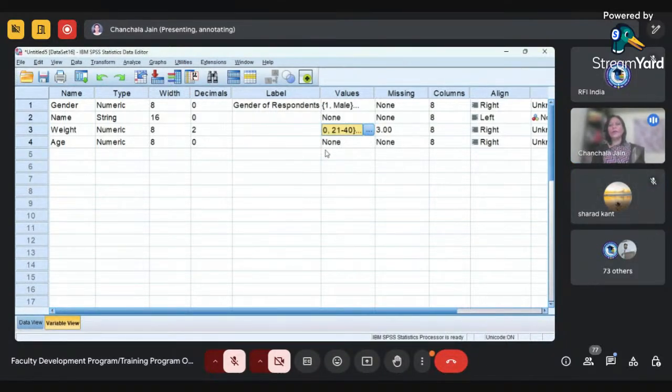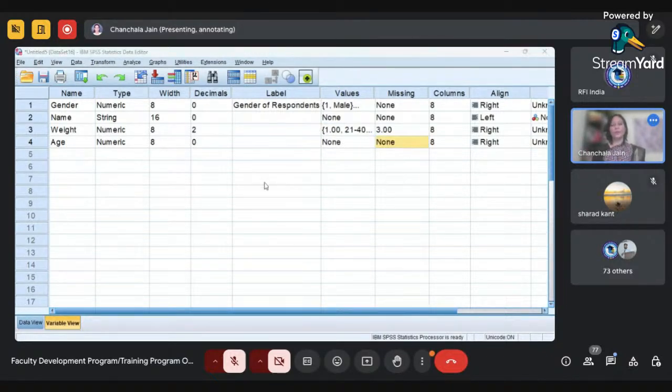Fine. Further, one more variable I have entered is named age. Here you are directly asking the age, not defining any ranges. Usually we give certain ranges, like 21 to 30, 31 to 40, 41 to 50 and above 50. But if you ask an open-ended question to write the age, and your data collection form is circulated to many people, some of them minors whose data you do not want to include in your analysis, you can come here and define it.